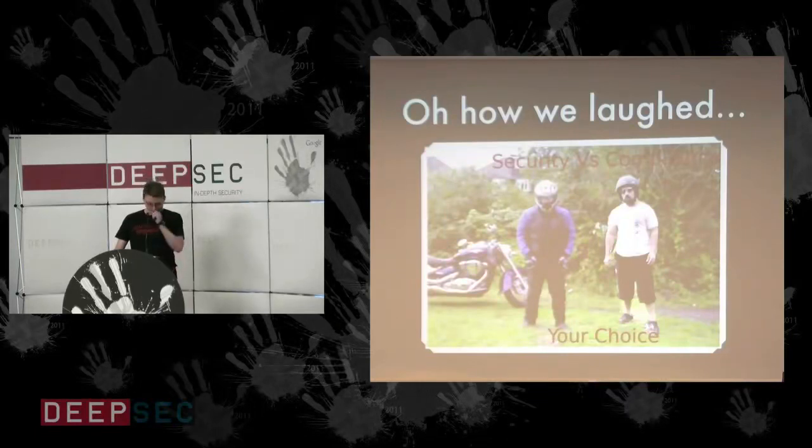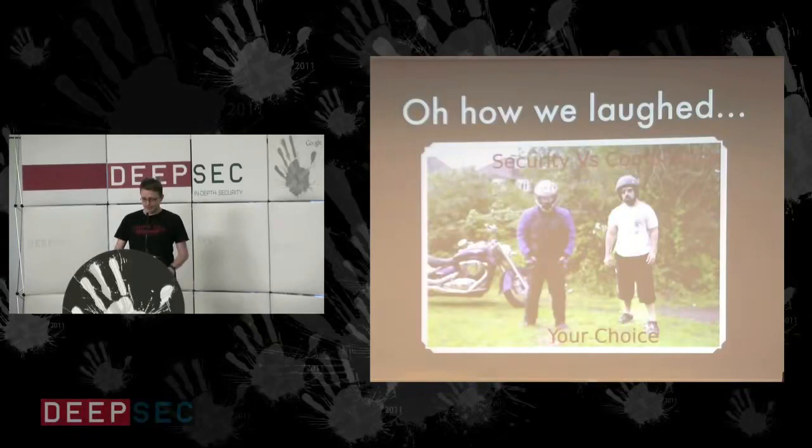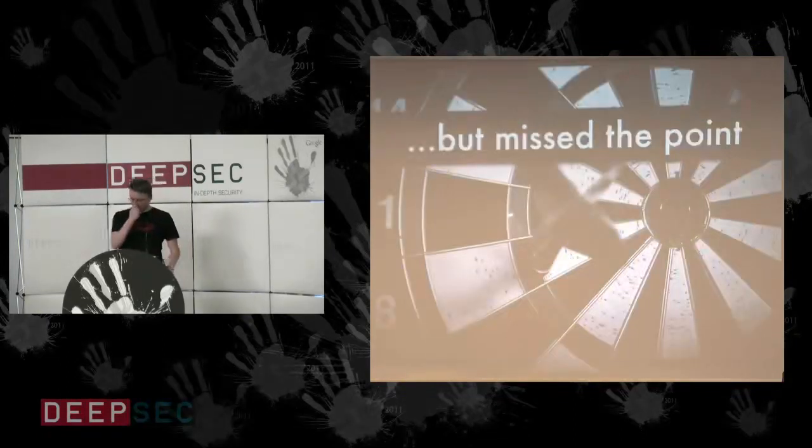So what the movie says is, the right thing is compliance, the left thing is security, and compliance isn't really what you usually wear on a motorbike, except you're American, I guess. But over here, usually you wear the left thing. And what I really think is, many are laughing about this movie, but they actually miss the point.